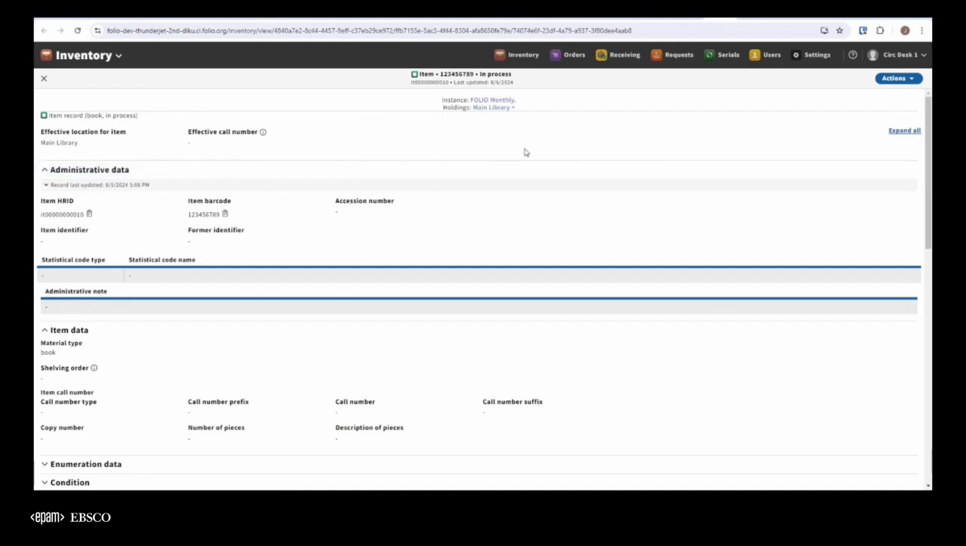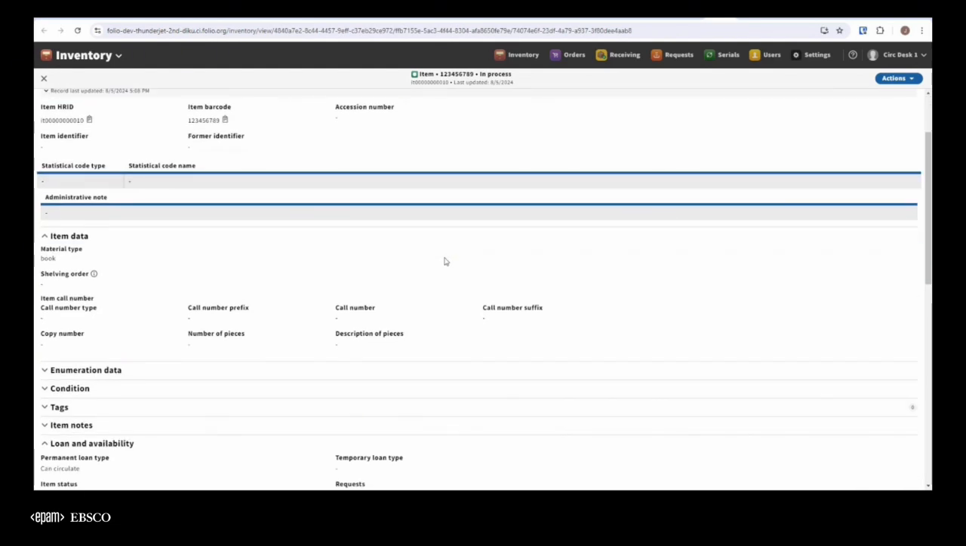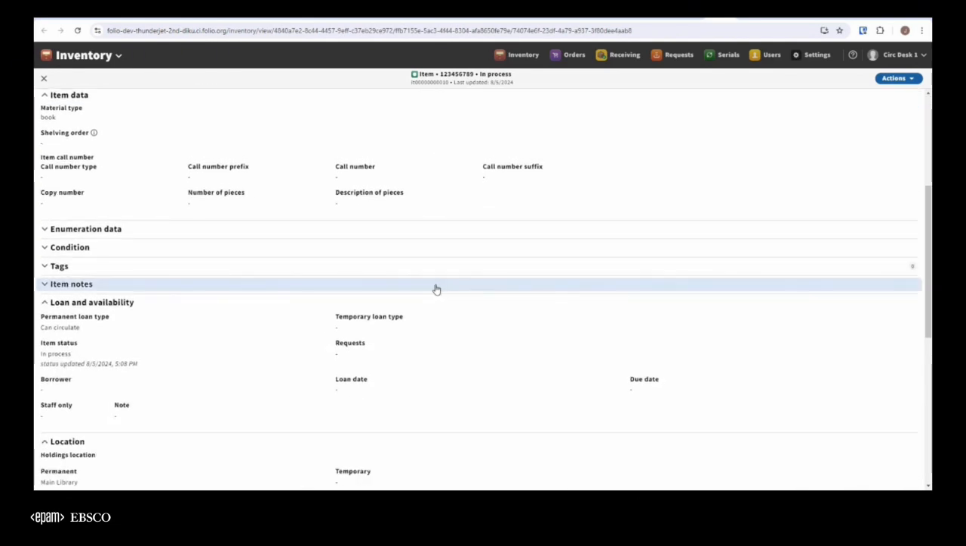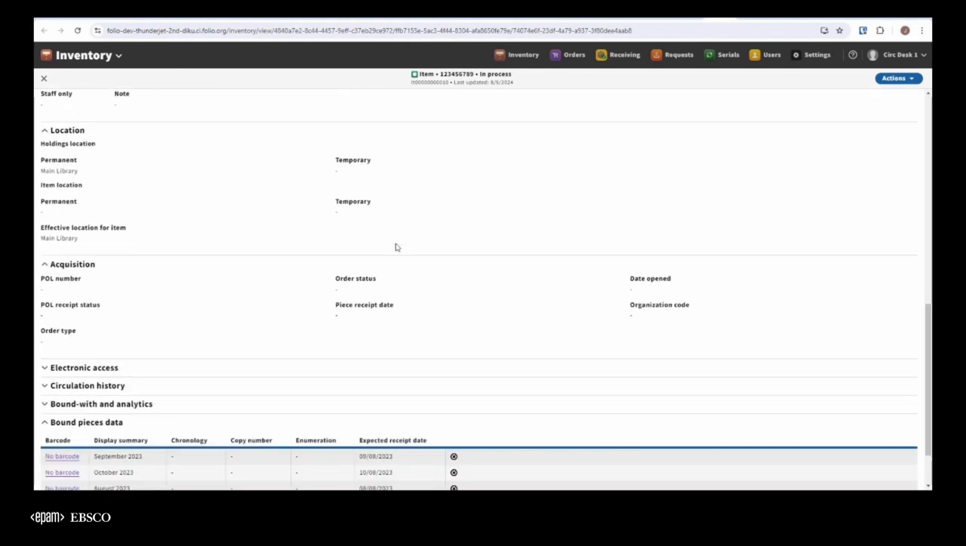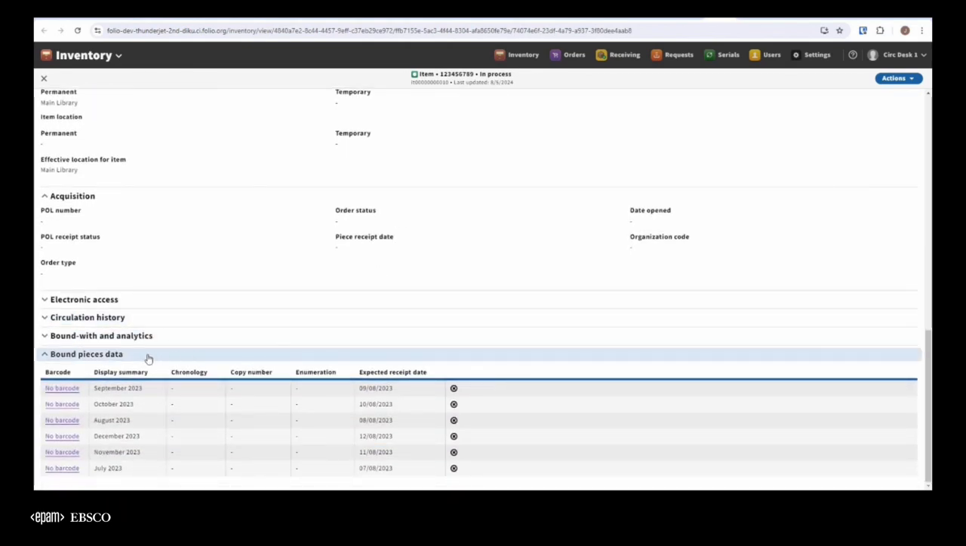A closer look at the item record brings this up in the inventory application, and we can see usual item record information. We can make any edits that we want to. Scrolling down to the bottom, we also now see a new accordion called Bound Pieces Data. Since these pieces were not item records, they were simply piece records, there is no barcode associated with them. But we do see the display summary, expected receipt date, and other enumeration and chronology information that may have been